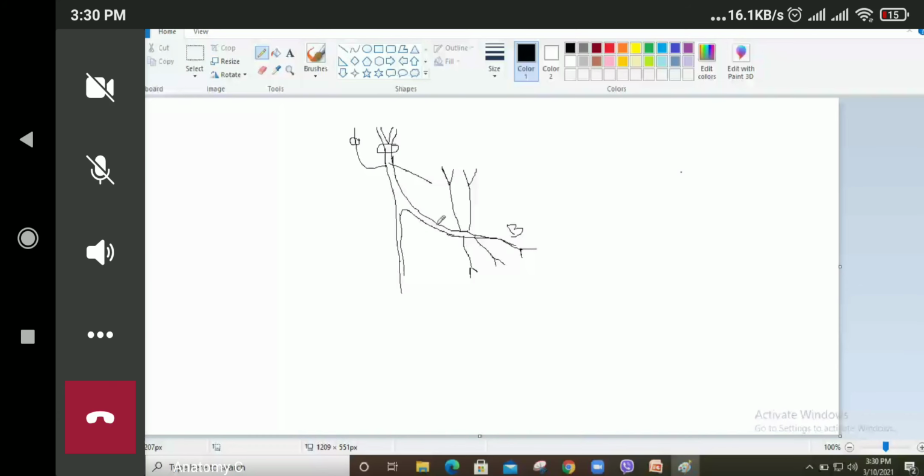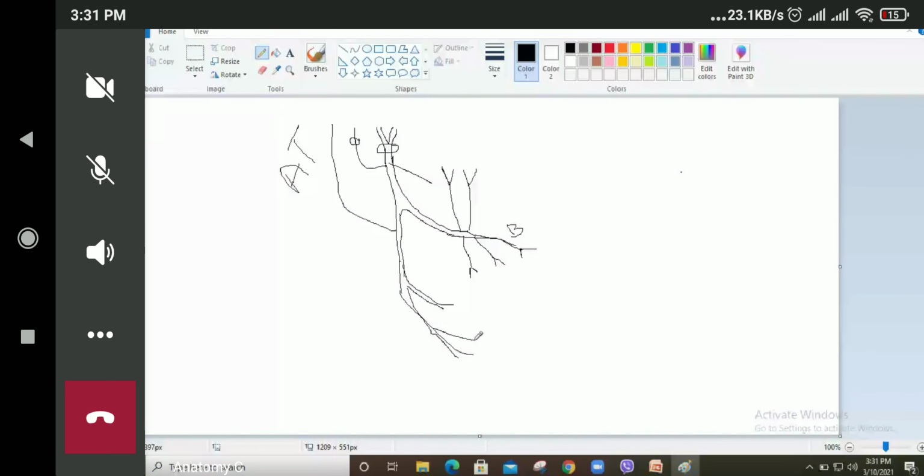Now the next one is from the posterior division. One nerve will pass behind the external acoustic meatus over here, like this one. This is known as the auriculotemporal nerve. Next we have the lingual nerve. This is the lingual nerve, and next we have the inferior alveolar nerve. From the inferior alveolar nerve, one branch will arise. This is known as the nerve to mylohyoid.